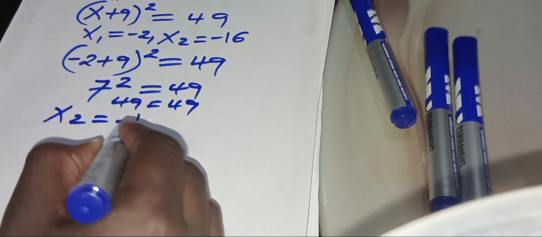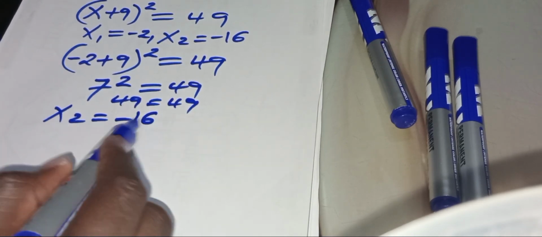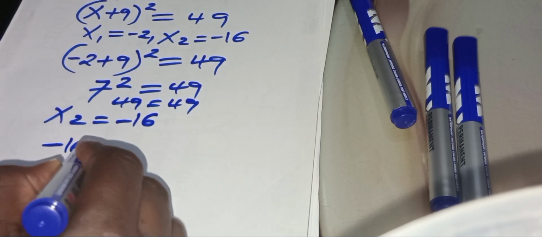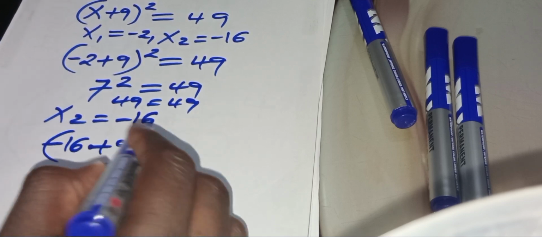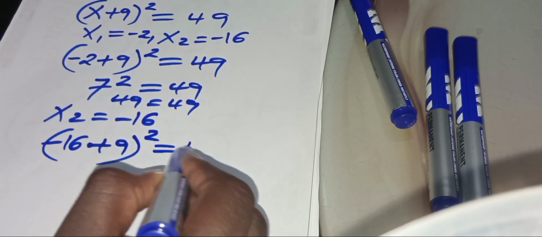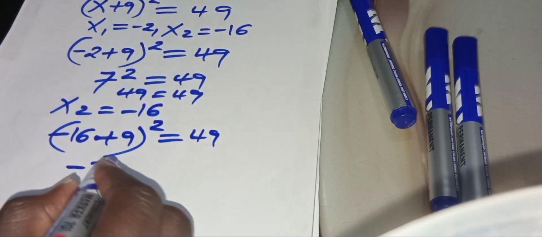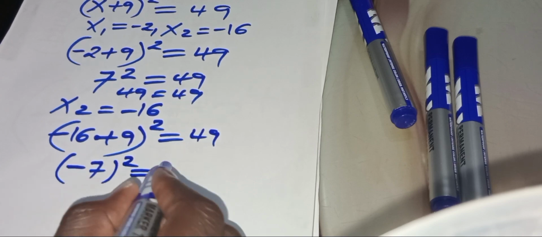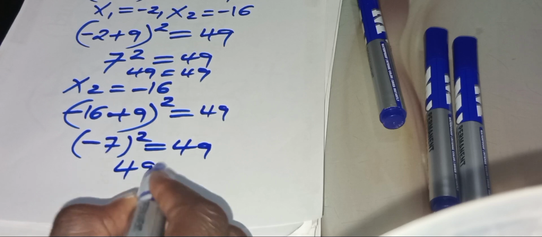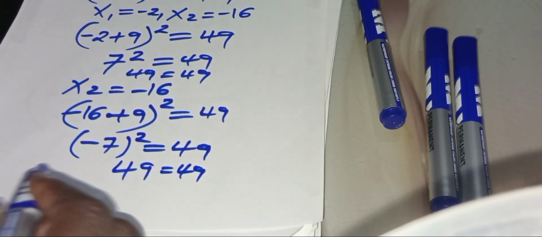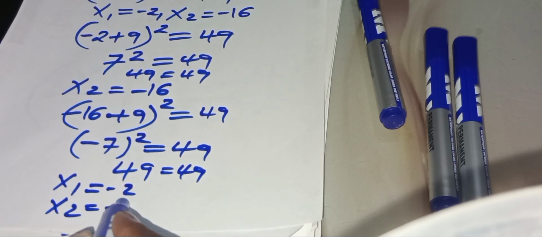x2 is equal to negative 16. So let's substitute this back into the equation. We will have (negative 16 + 9)^2, which is equal to 49. Now negative 16 plus 9 is negative 7 raised to power 2, which is the same thing as 49. So negative 7 squared is equal to 49, which is equal to 49. So that means that x1, negative 2, and x2, negative 16,